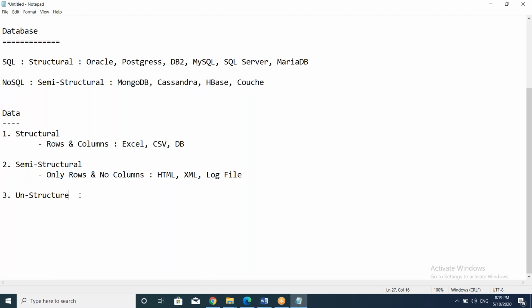And the last one is unstructured data. So what type of data will you get here? You use it on a daily basis, maybe even today you have already used it 100 times in a whole day. So what type of data is it? Here you will get no rows and no columns, no existence of any rows.